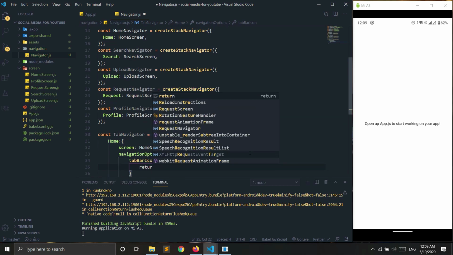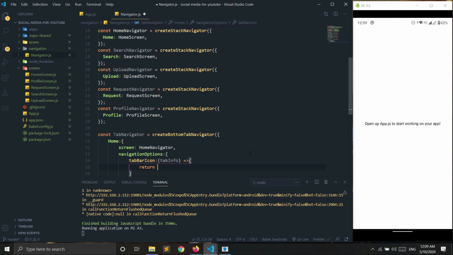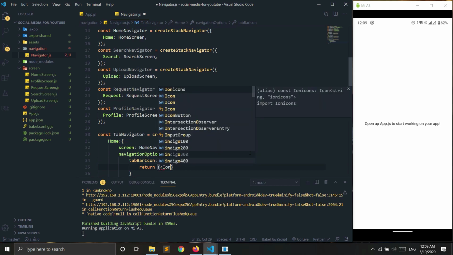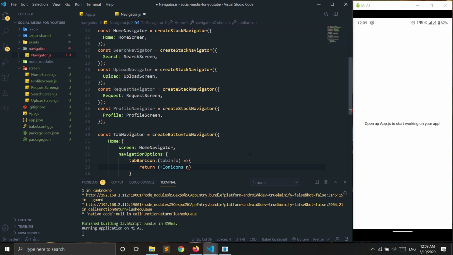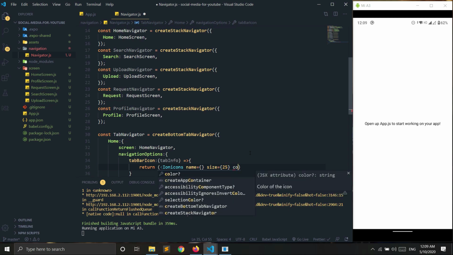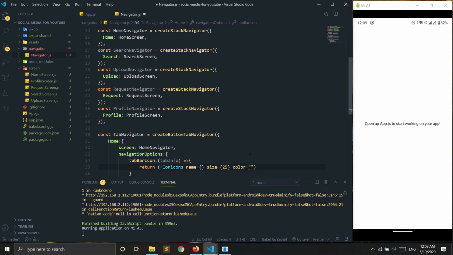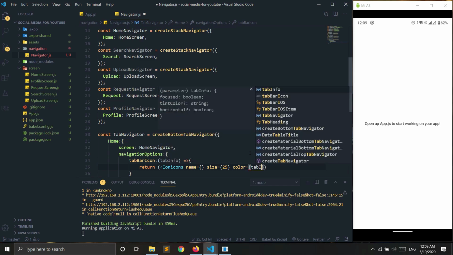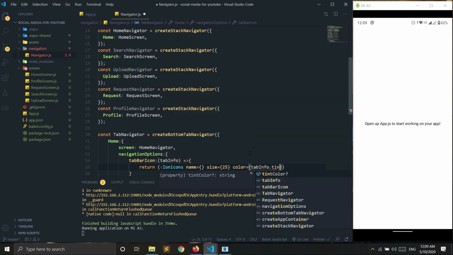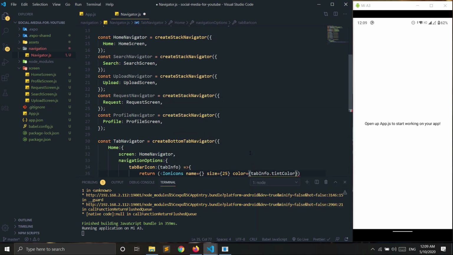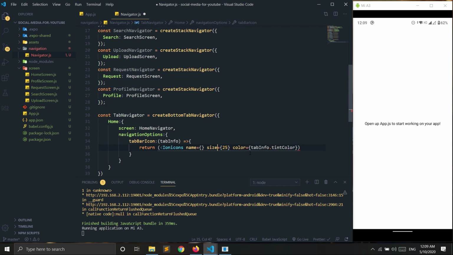We receive tabInfo from this, and here we can return an icon, and the name of the icon will be based on the platform. Size will be 25, and color will be tabInfo.tintColor.